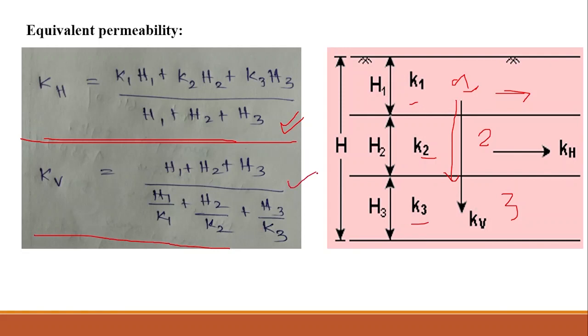You have to remember these formulas. The technique or logic: for example, you can see K1H1 plus K2H2. If you cancel H up and down, you get K. That means the units of KH and K have to be the same. Here also, if you cancel H, K comes to the upside, and the units of K and KV are the same. You have to match the units on the left-hand side and right-hand side. In my perspective, this is how I remember it. You can remember in your own way.